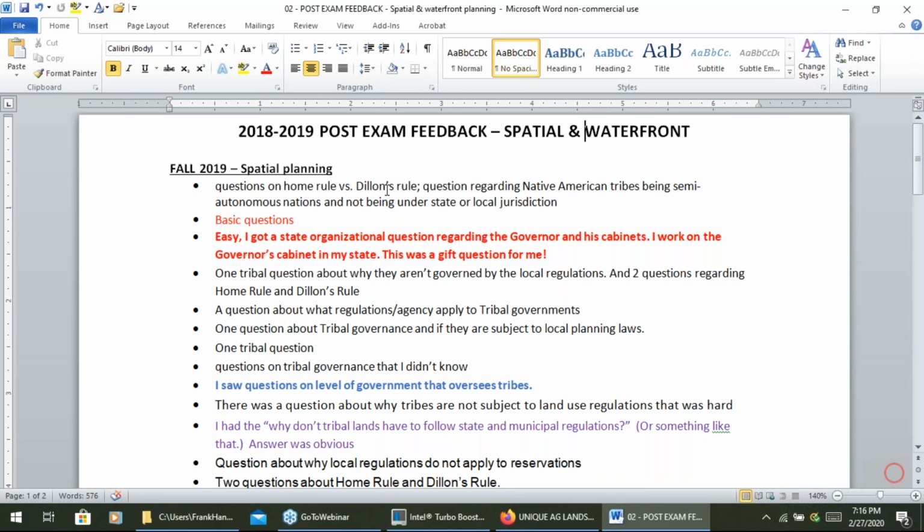But here are some of the things. Questions on home rule versus Dillon's rule, on Native American tribes being semi-autonomous nations, not being under state or local jurisdiction. State organization question regarding governors and their cabinets. Tribal stuff.